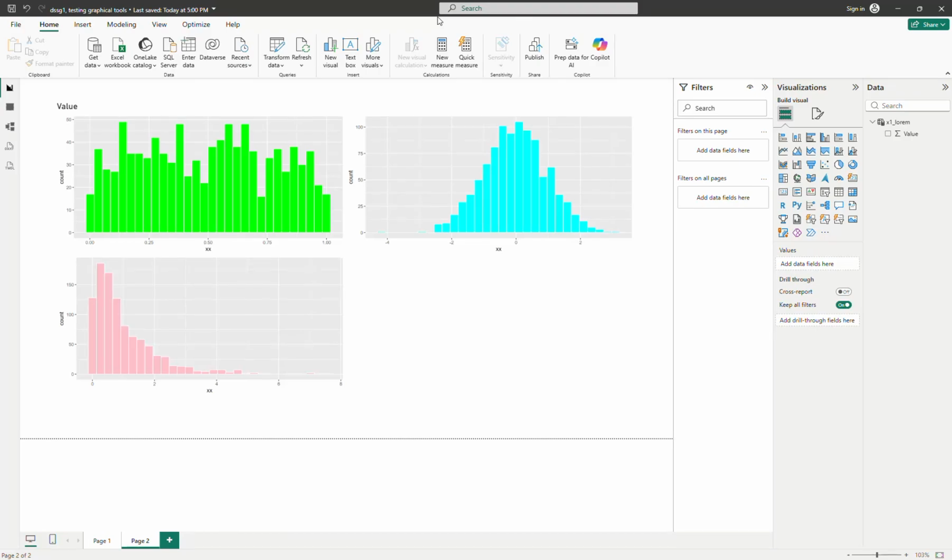I will show you how to export this chart and then the data of the chart into files. If you export the chart, it becomes a PNG file or picture file. And if you want to export the data, it becomes a CSV file or Excel file in this case. So I will duplicate this view